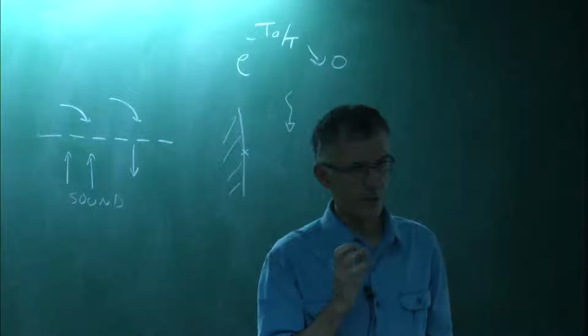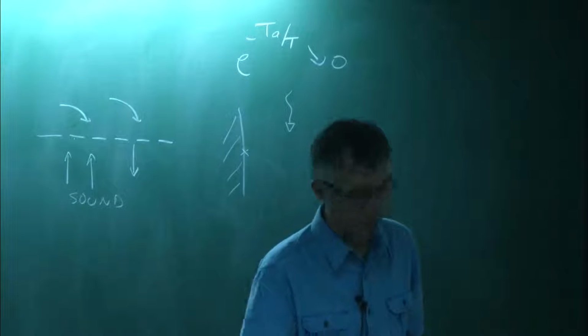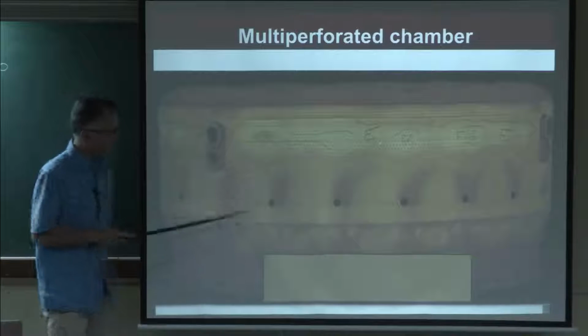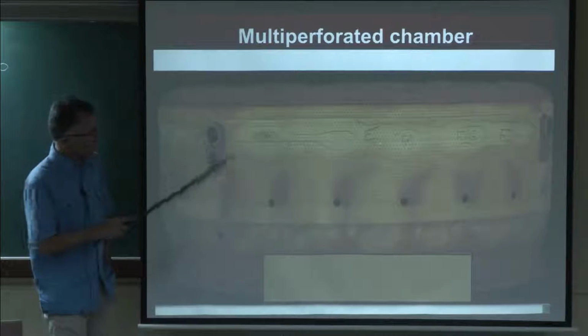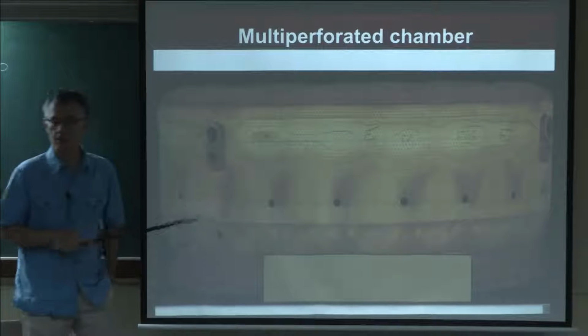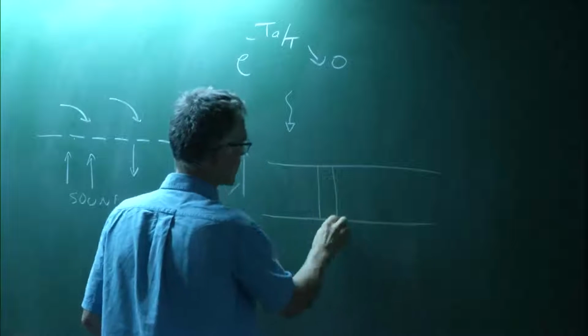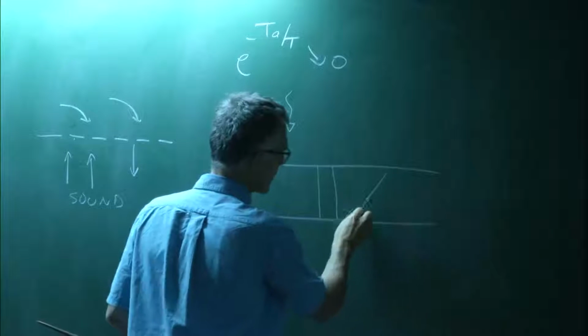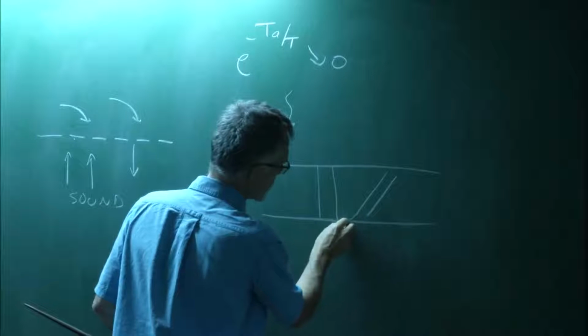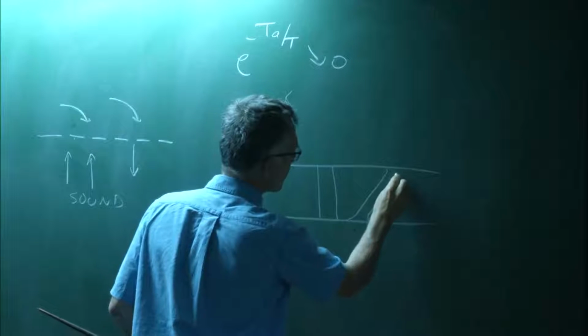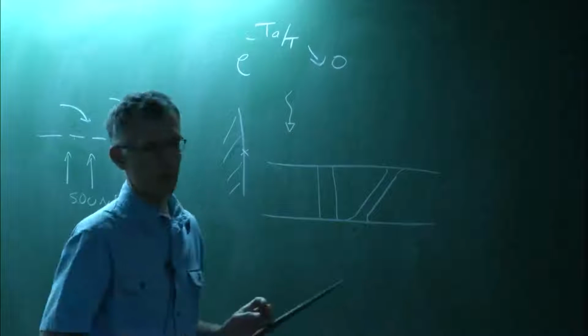Now the art of this business, of course, is to design these holes. That's a view of a helicopter chamber, and you can see each of these things here is a small hole. The number of holes, the location of the holes, the diameter of the holes, the shape of the holes, the way you build the holes. For example, you could imagine a hole is just something like this. But it's not. A hole is something like that, and usually it has a shape here. And this shape will control the efficiency.